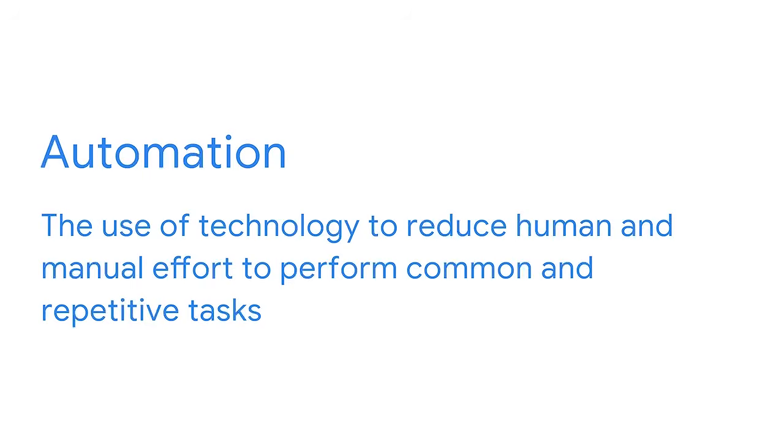In security, the main reason we use Python is to automate our tasks. Automation is the use of technology to reduce human and manual effort to perform common and repetitive tasks. Python is generally best for automating short, simple tasks. For example, a security analyst who's dealing with a security incident might have a log with necessary information. Reading through these manually would take too much time, but Python can help sort through this, so the analyst can